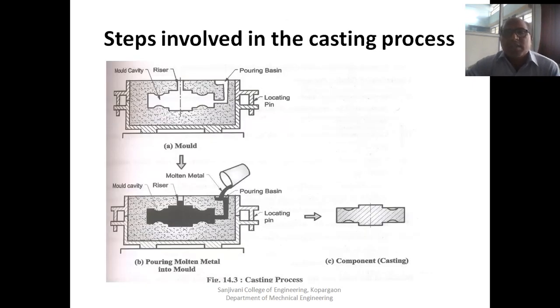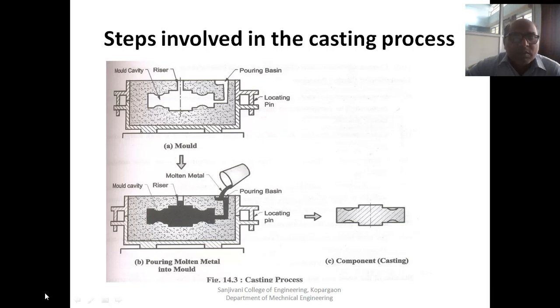What are the steps involved in the casting process? With the help of this figure, I am going to explain. For example, this one. What is this? This is a cope and drag. This is a molding flask. This one is one part, and this is another part, cope and drag. Okay. Both are joined together with the locating pins. Okay. This mold cavity is prepared. Okay. After removing the pattern, there is the pouring basin from which the material is added. You can see here, from the pouring basin we are adding the molten metal. Okay, that heated hot metal is added over here.